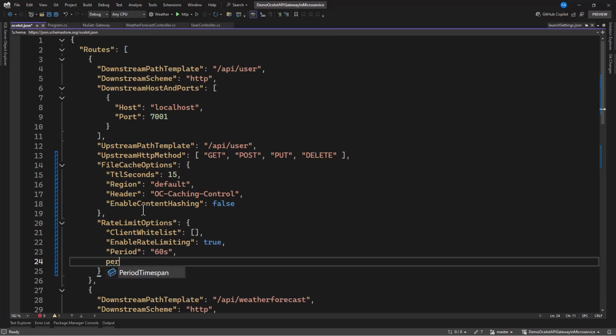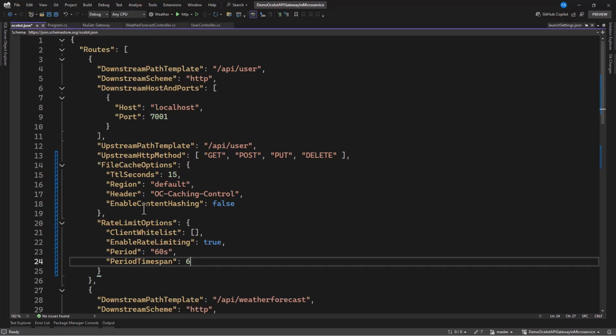So let's have a period time span, and here the whole process is going to take 60 seconds, that is a minute. Within that minute, how many seconds do you want to wait before we can start accepting another request? We want to specify maybe 5 seconds, or maybe 5 or 6 seconds to be okay.